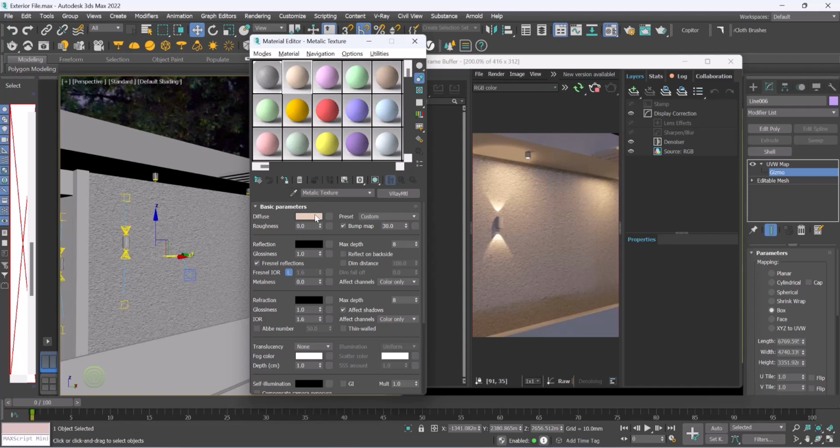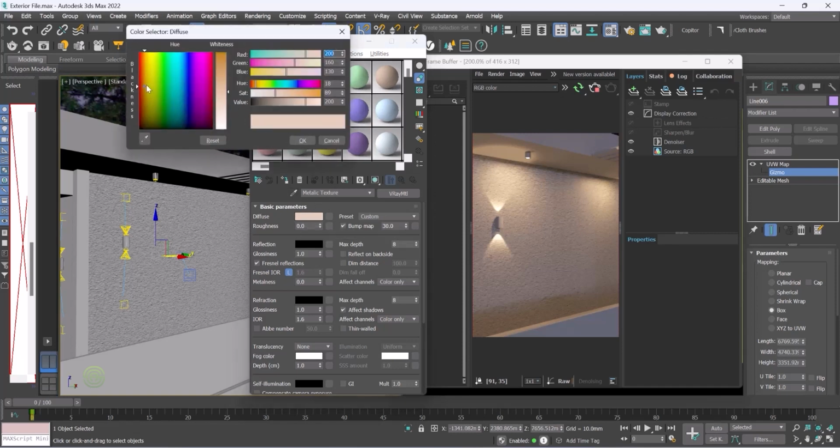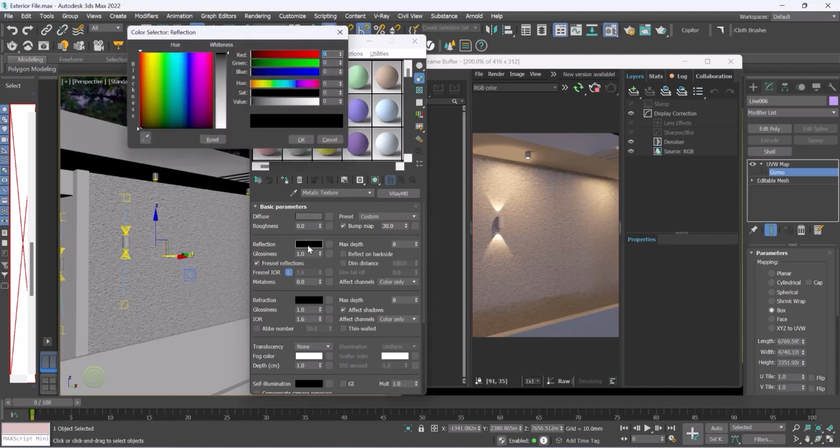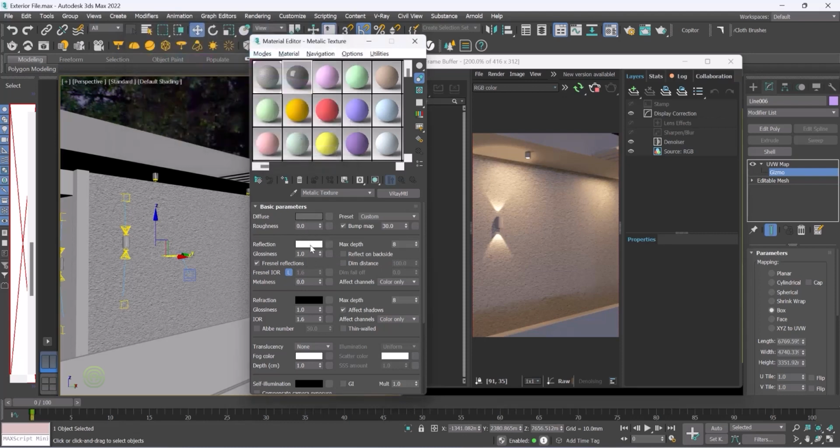And now select on diffuse color, change it to a dark gray like this and click OK, and change the reflect to white and click OK and just give it glossiness as 0.5